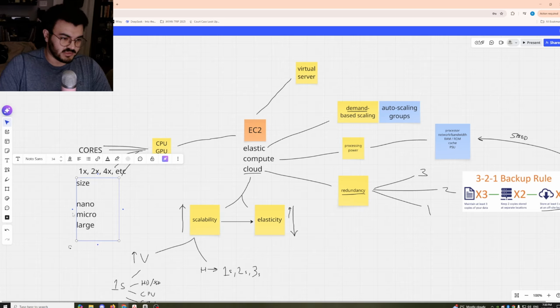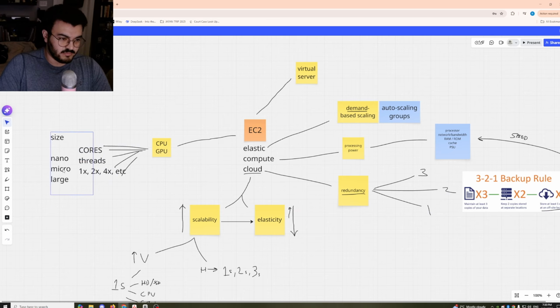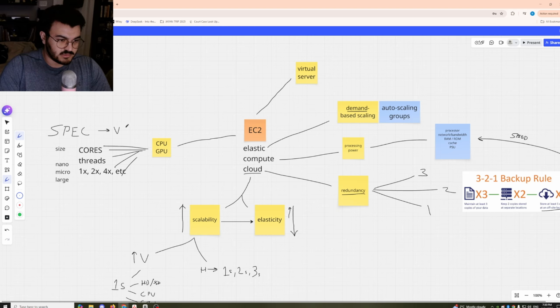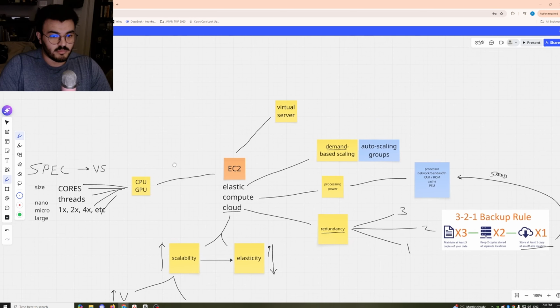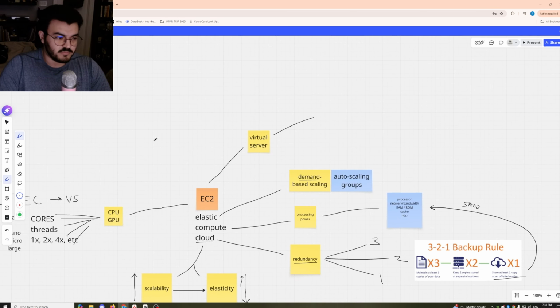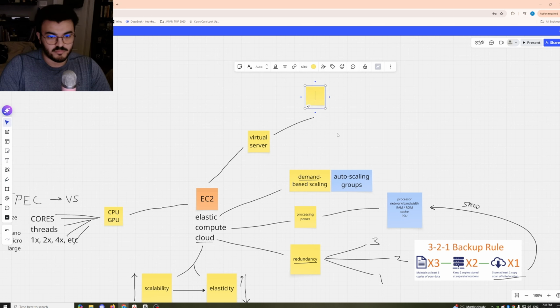Yeah, the list goes on, but these are all kind of concepts that relate to how you want to spec your virtualized server.